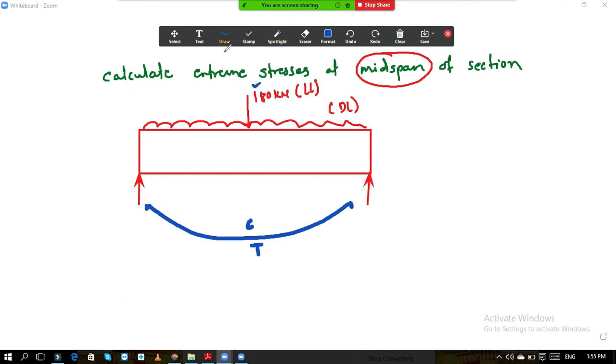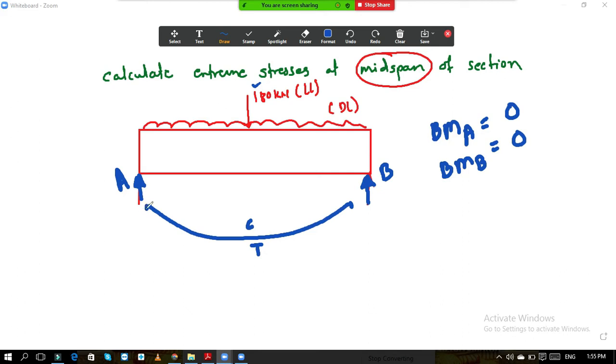Suppose now this simply supported beam is given to you. This is your point A, this is point B. And if I ask you, what is the bending moment at point B and what is the bending moment at point A? You will tell me that the bending moments are zero. Why is it zero? Because here the simple support is provided, and a simple support is not able to carry moments. Simple reason is that.